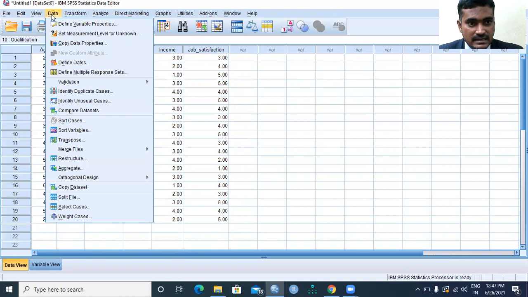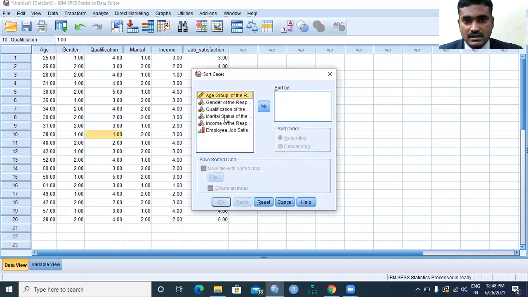Just click on Data, go to Sort Cases, select age, and sort in ascending order.